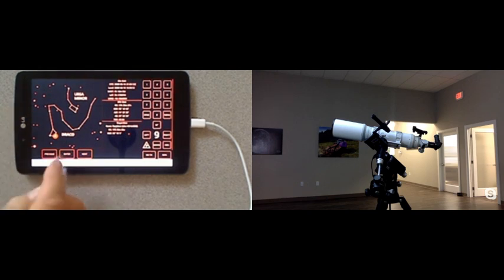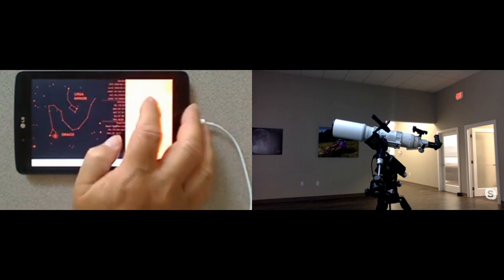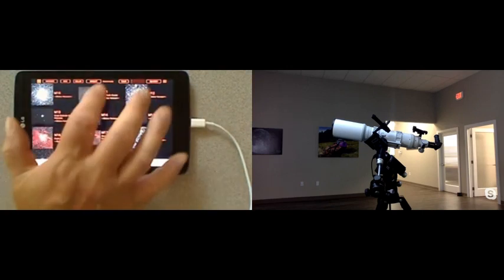So I've slewed to this star in Draco. It's dead center, so we're going to tell it to enter, and now we've done a virtual 2-star alignment. So now let's go to the catalog. Let's go to the